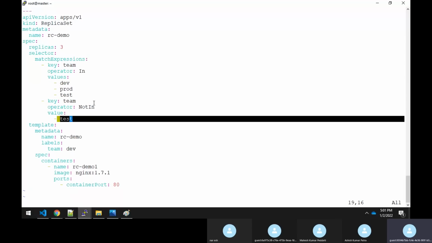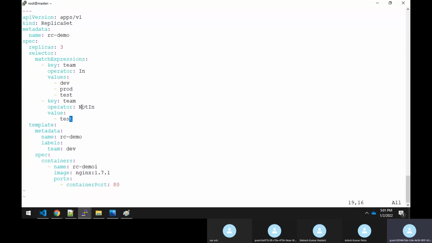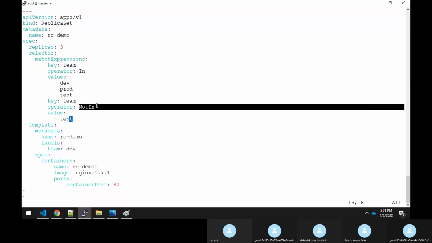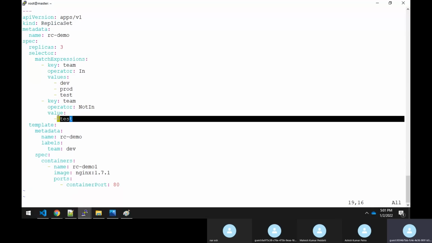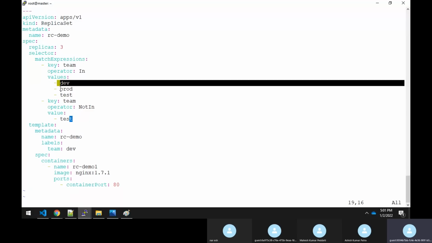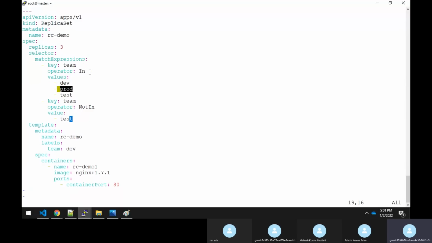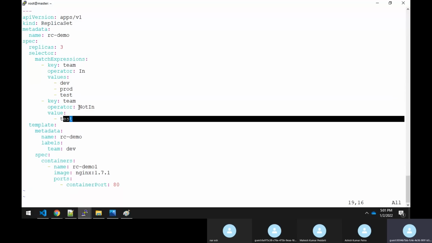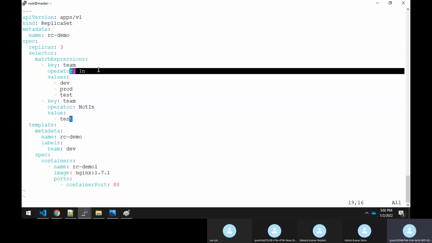So NotIn has a high priority. That's the reason it only chooses those pods which have the label team equal to dev and team equal to prod. If there is some other pod with team equal to test, that will not be considered, because NotIn has a higher priority than the In operator.